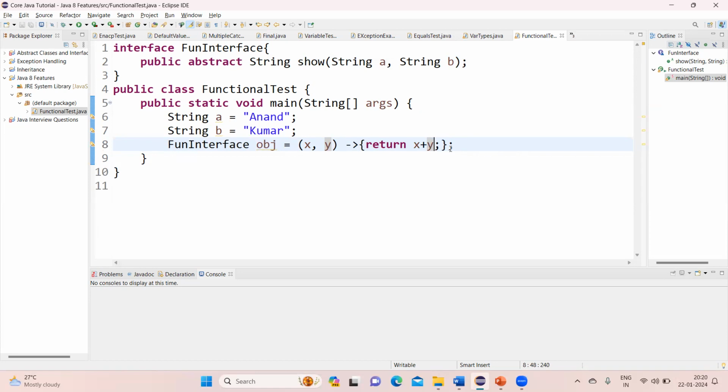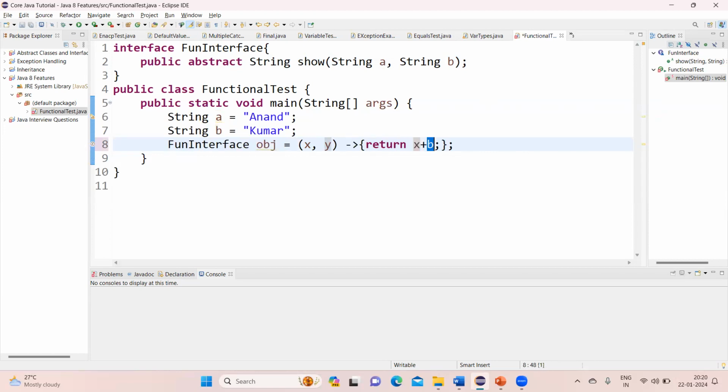So like this. a, b. Open a and b. Okay, no issues. x comma y, and here